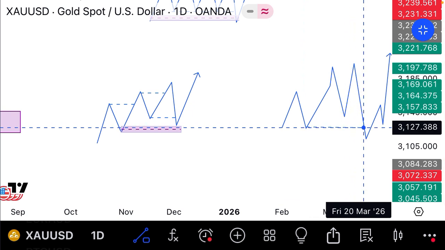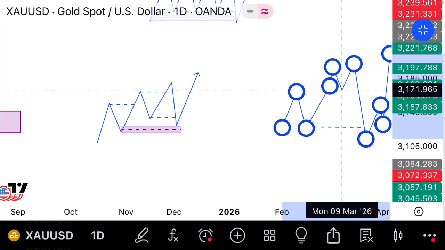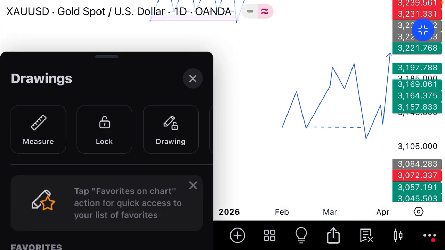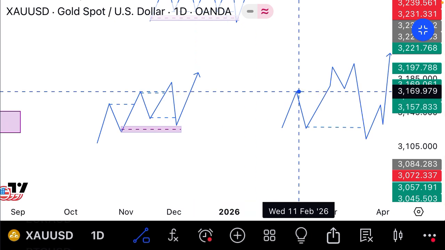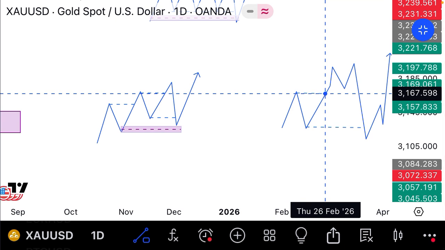You understand? But if this is not the case and price just did something like this without mitigating this break of structure,